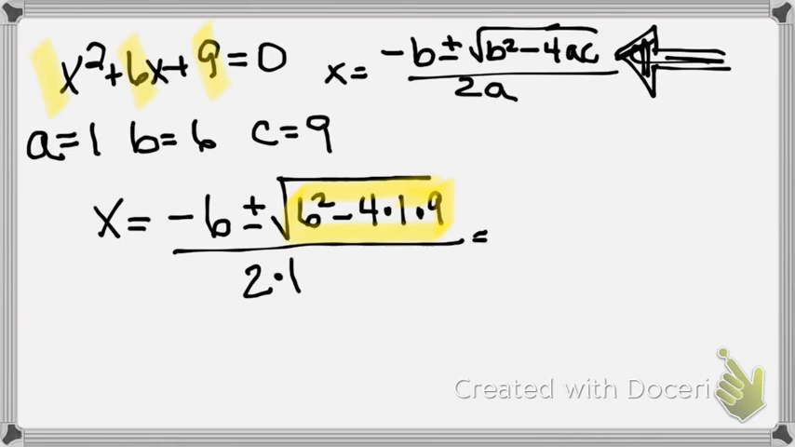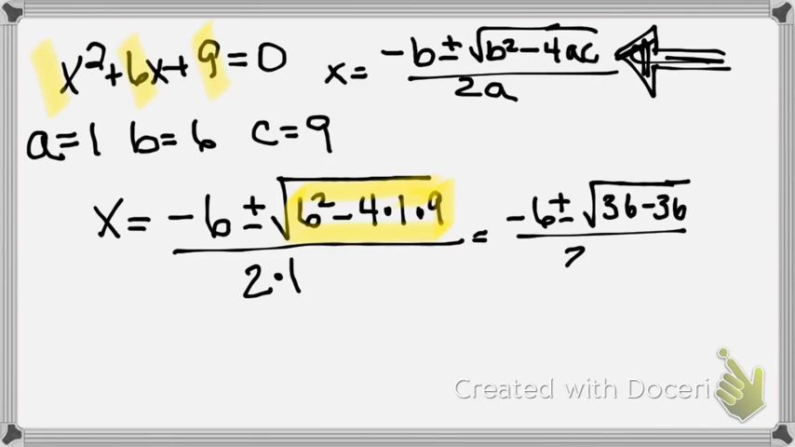And so that is negative 6 plus or minus the square root of 36 minus 36, right? 4 times 1 is 4 times 9 is 36. 36 minus 36. What is that? 0. So then that piece goes away. It's negative 6 over 2, which is